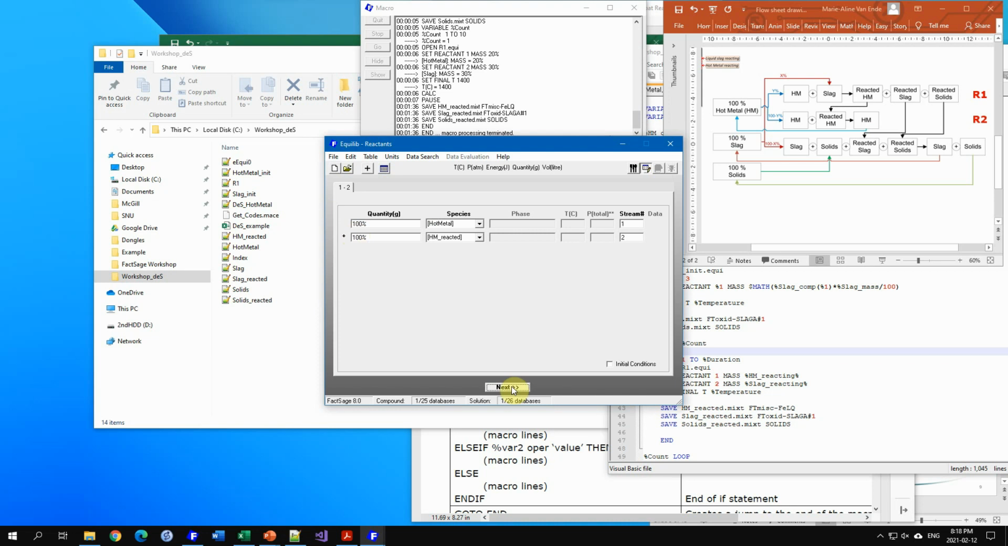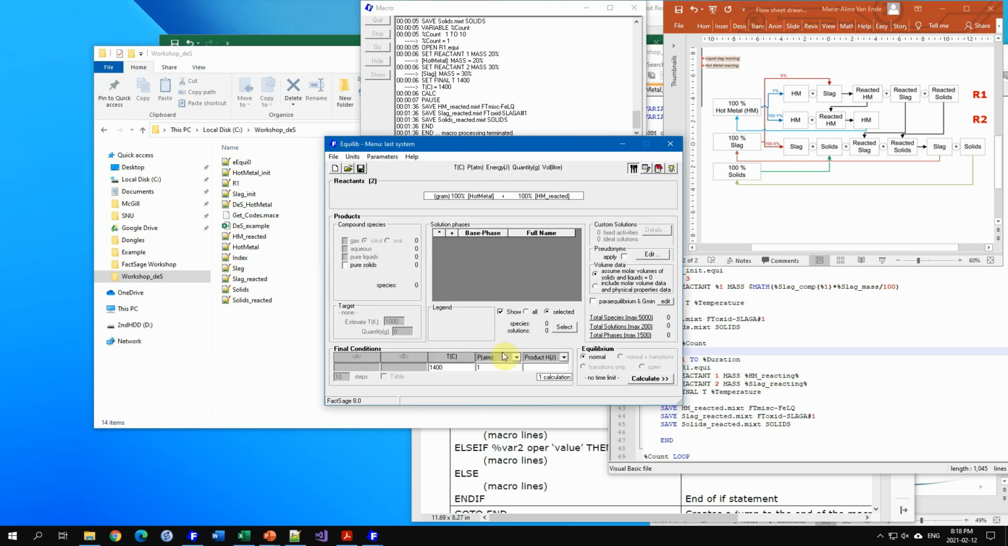Okay, and then when we go to the next, I have to show all here. I can select only, because the product is basically the hot metal. I will basically select only the FT miscellaneous FeLQ. Okay, and then again,